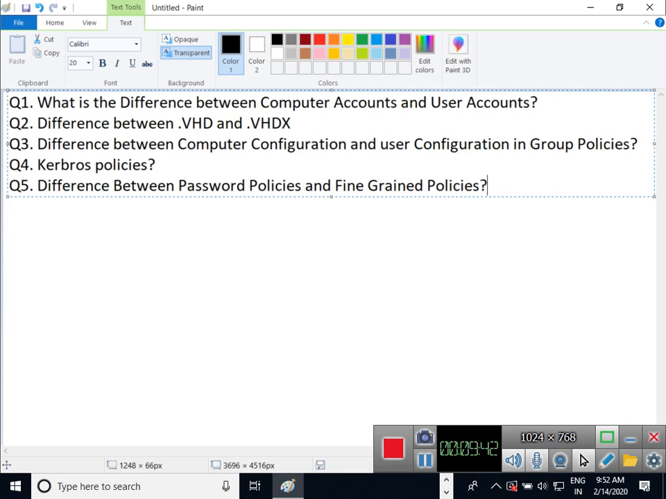Password policies apply all over the domain by default. Basically, all the users inside that domain are going to have the same password policies. Yeah, definitely. So for fine grained policies,